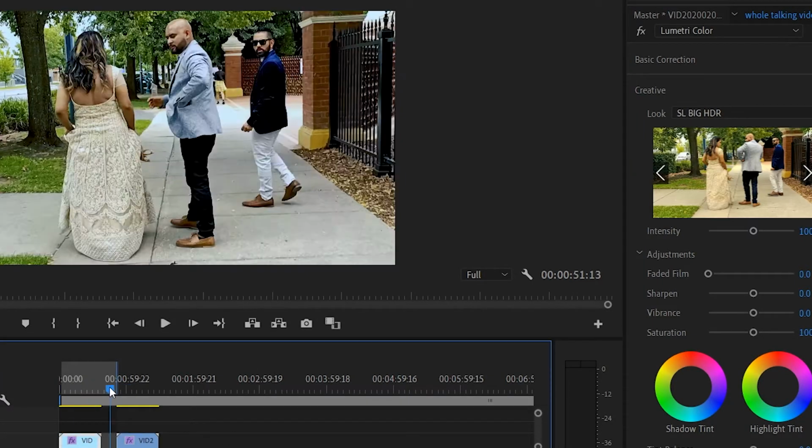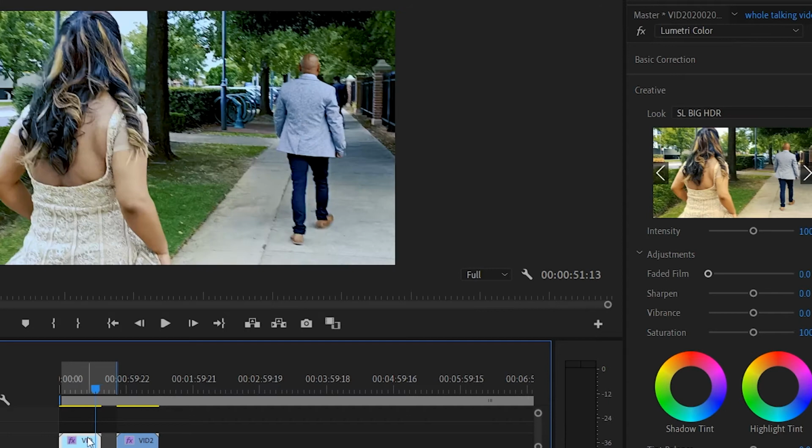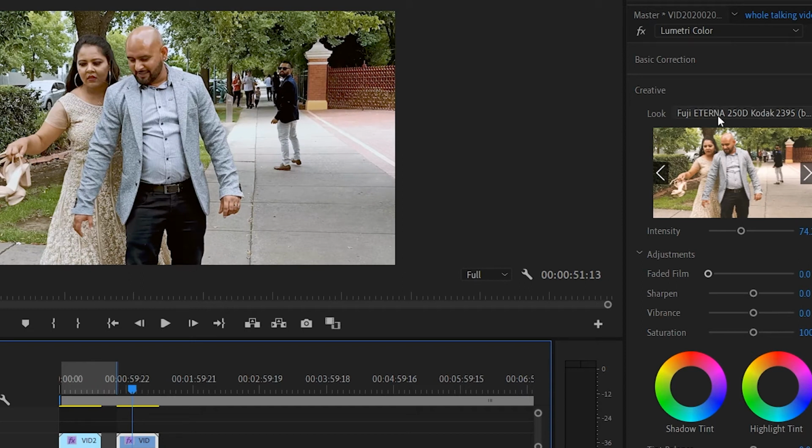Check, guys, look at this, look at the difference. This is going to save your time so much. I'm going to check with an SL Big SDR. So what happens is, go here,